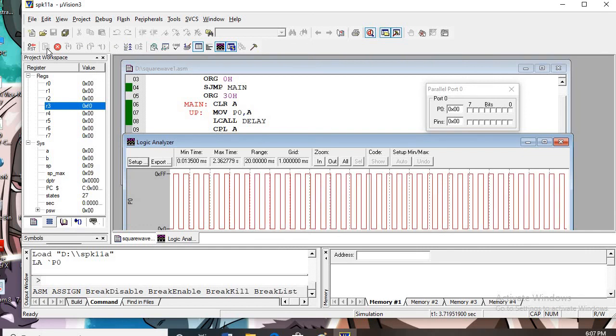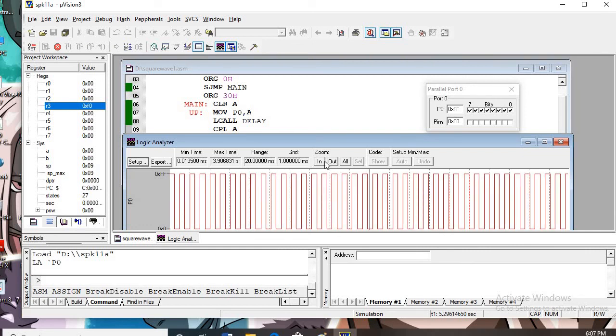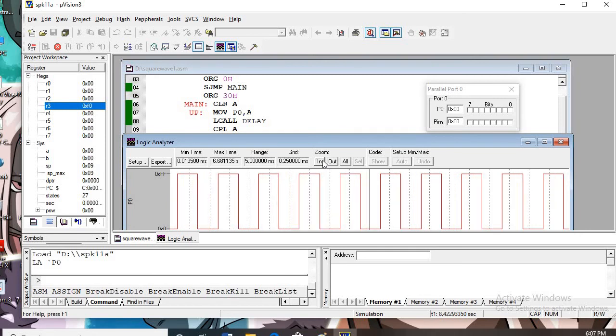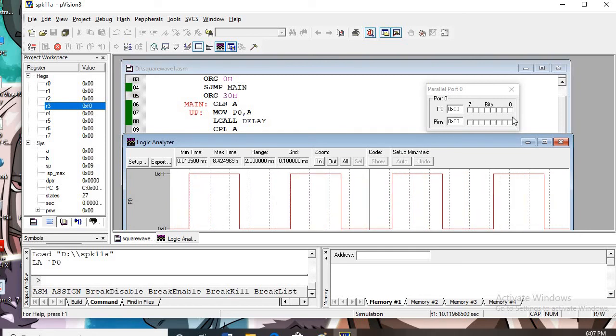So this is producing the square wave. So a little bit zoom in. See, a nice square wave, and here you can see the effect. So this is 1, then 0, and 1, then 0, like that. A few seconds or approximately the time is there in between. This zoom in or zoom out, just it is like this. Okay, so this is our square wave.